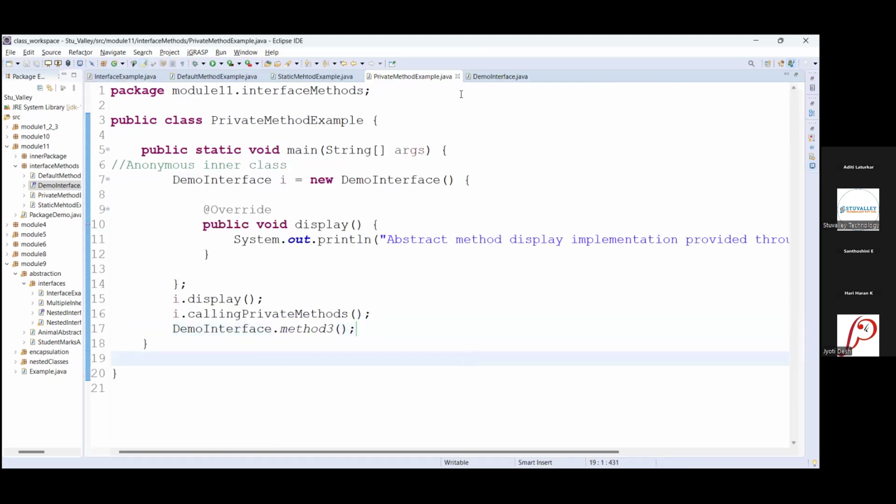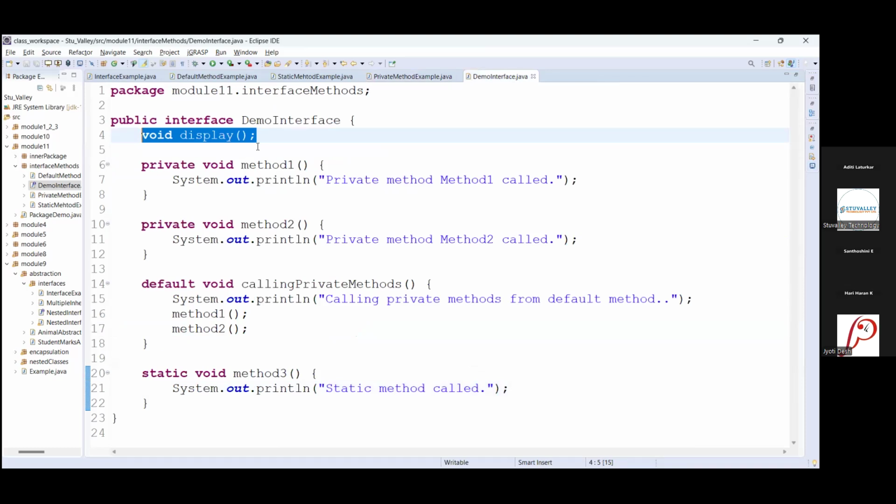So basically, in one interface you can write non-abstract methods or concrete methods. Those are default, static, and private, and abstract methods also. Clear? Understood the use of this?